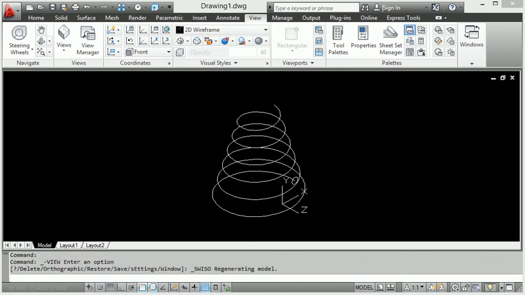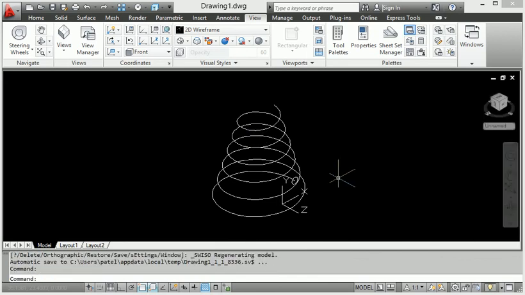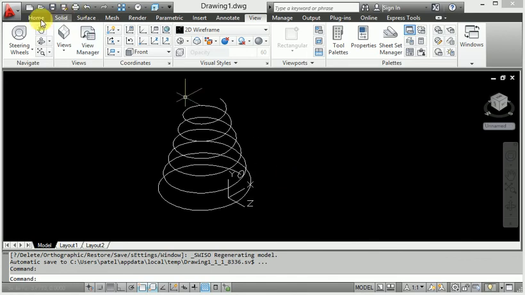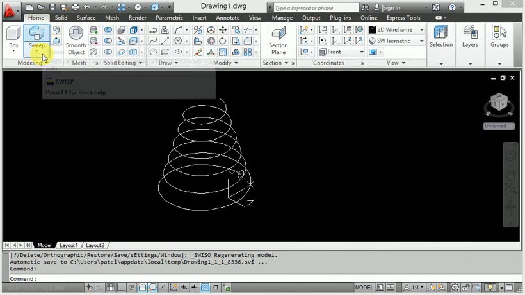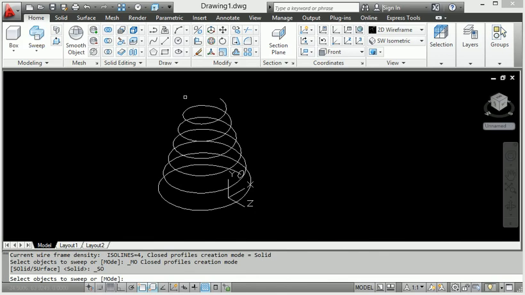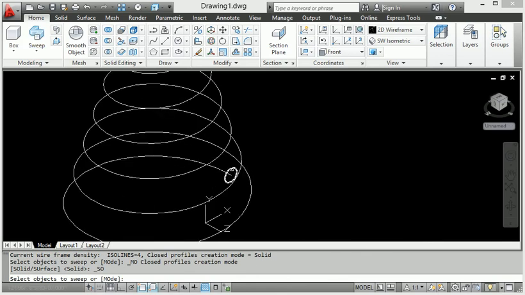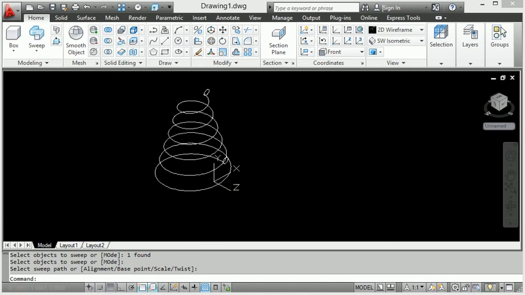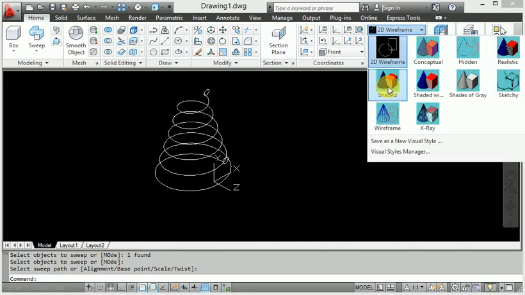Now let's see how to do that conical type of curve design. So let's go to the home page, and this is the sweep command. Enter the sweep command, then click this line and select the circle, then enter, then also select the line, and here you can see that again I will show you 3D wireframe.